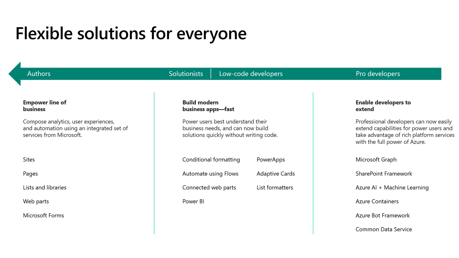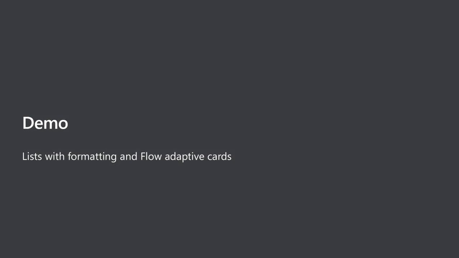Somewhere in the middle is the sweet spot of low-code, no-code business app development. And that's really where tools like Power Apps and Flow shine, being able to provide the automation and interfaces that you need to be able to deliver scaled and repeatable power for how you're going to change the way people are working in their organizations.